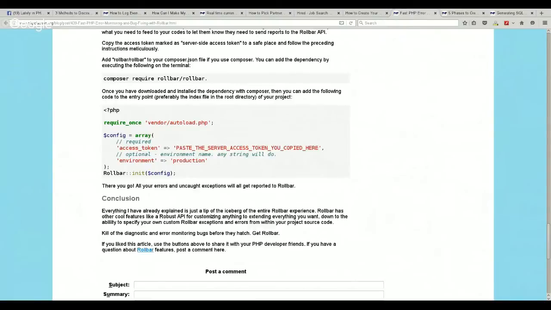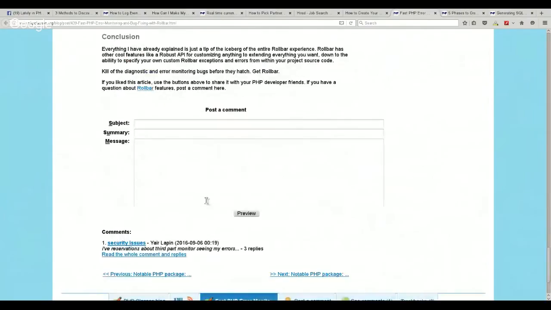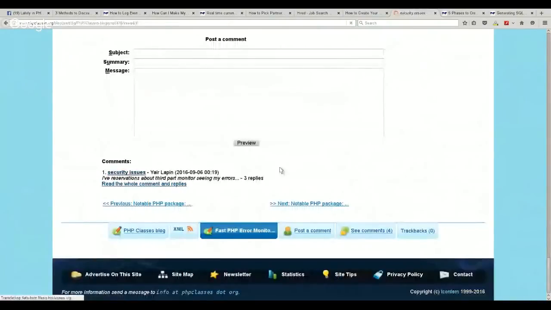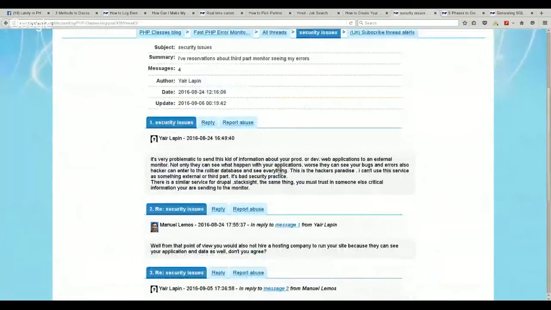Yeah. Well, I think a monitoring service has its advantages, but I also noticed that some people commented, I don't know if it is in this article, let me see, okay, security issues. There was a guy that claimed this is problematic because you'll send your application information to an external service, and he's concerned about security issues. Well,